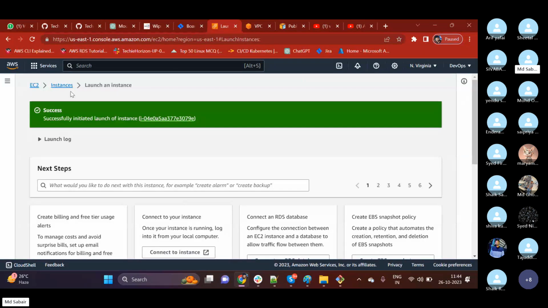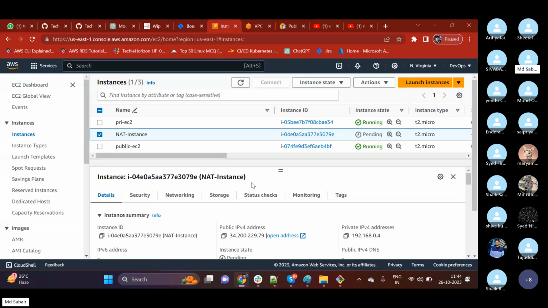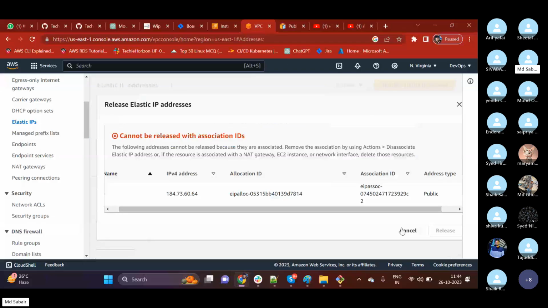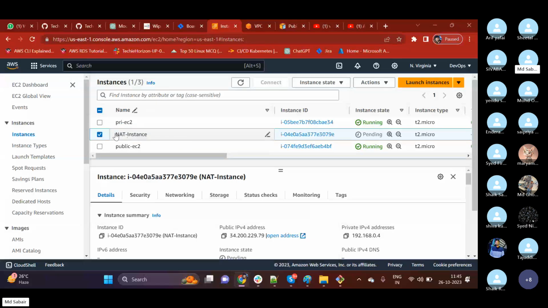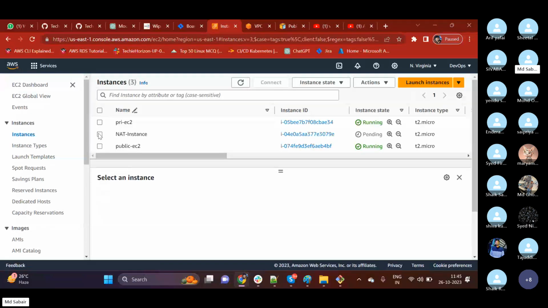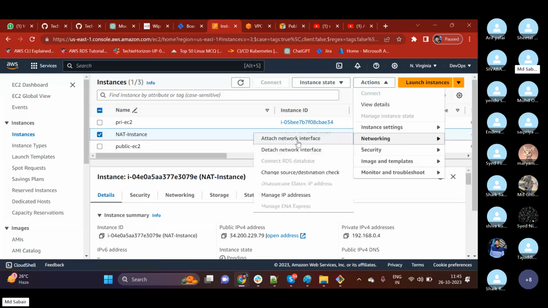Did we find any difference between our regular EC2 and the NAT EC2? The only change is the AMI. The AMI we have used is related to NAT configurations. Let me release this Elastic IP. Still pending. Okay, so now we have got our NAT instance. What we need to do is disable the source and destination checks related to this AMI. I will do actions, networking,